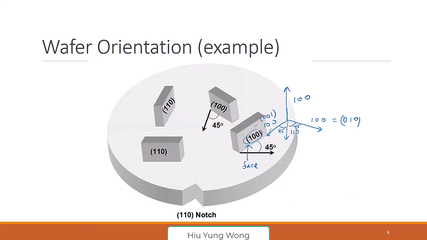Can you explain a bit more why the 100 is the same as 010? Yeah, 100 is just talking about, let's say if I call it 100, maybe you say the cut X at 1, right? 010 means cut Y at 1. But what is X, Y, Z? It doesn't matter to me. They have the same property,